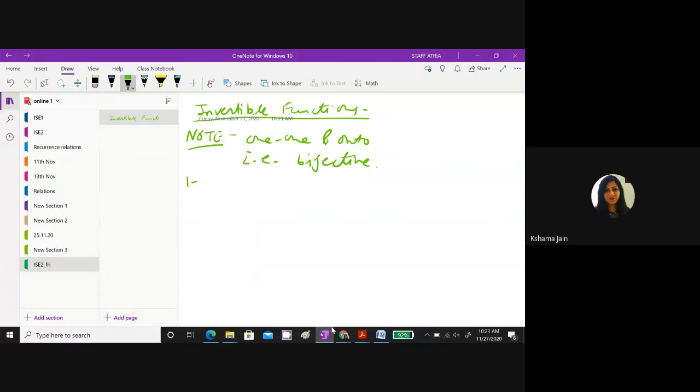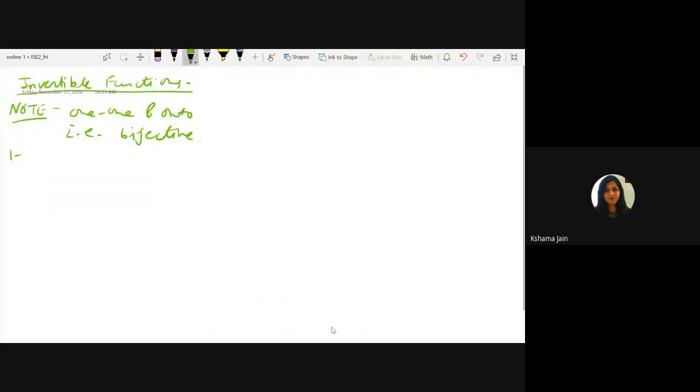So let's start with the questions. What kind of questions would be there? Everybody write down. If N is the set of all natural numbers, first of all you should know what the natural numbers are. Positive integers, excluding 0: 1, 2, 3, 4, 5. Then if capital N is the set of natural numbers and f is defined over this set N such